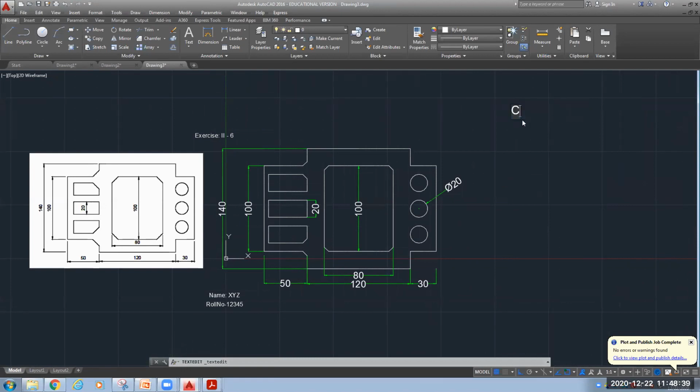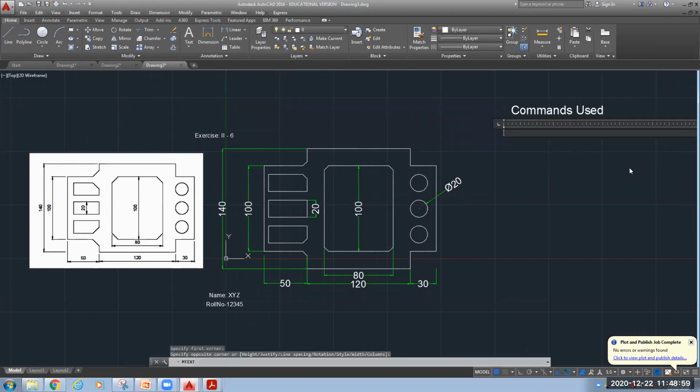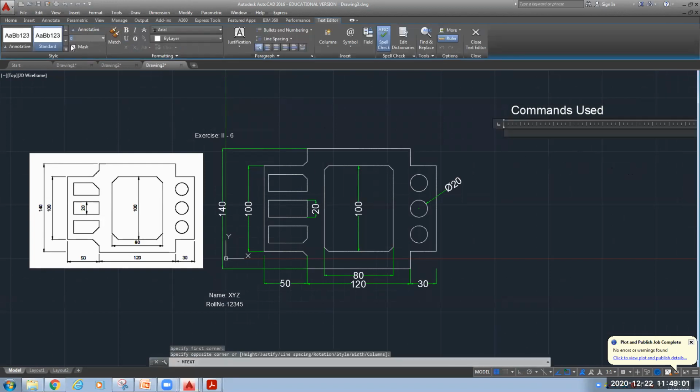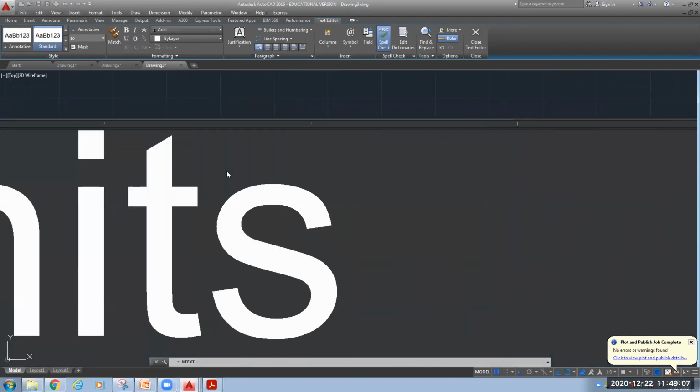I will edit it to commands used. Okay. Started with units.